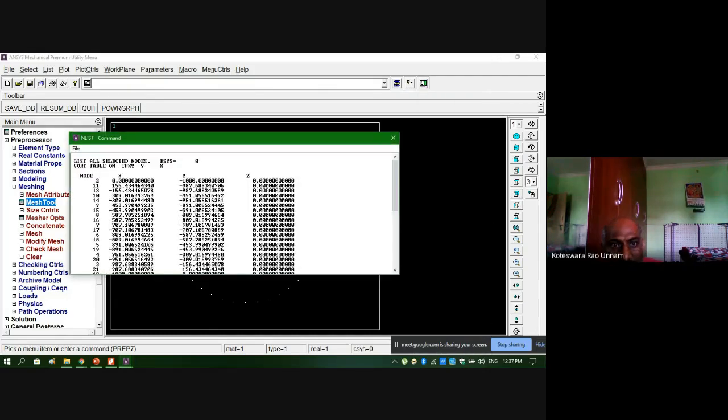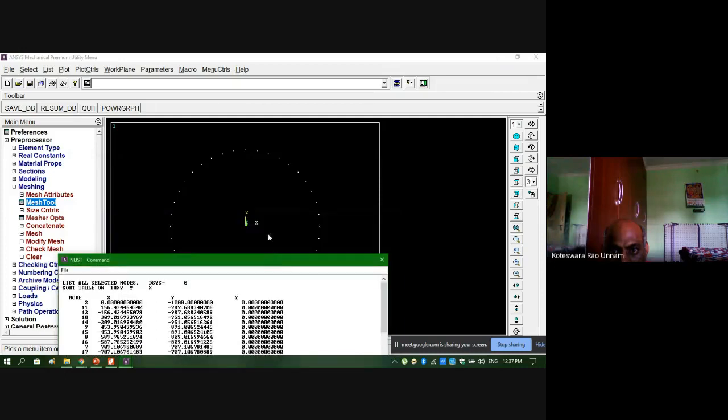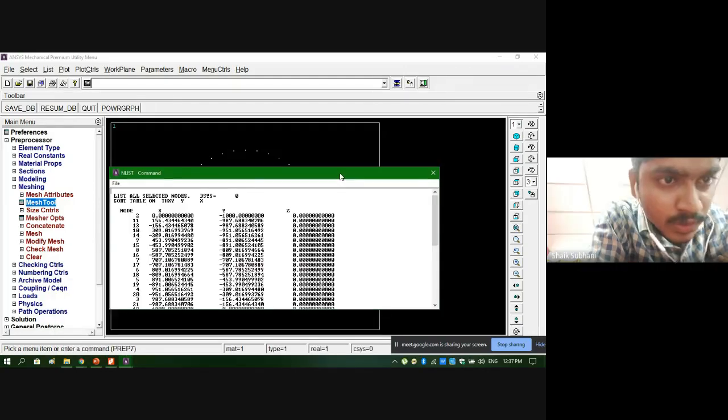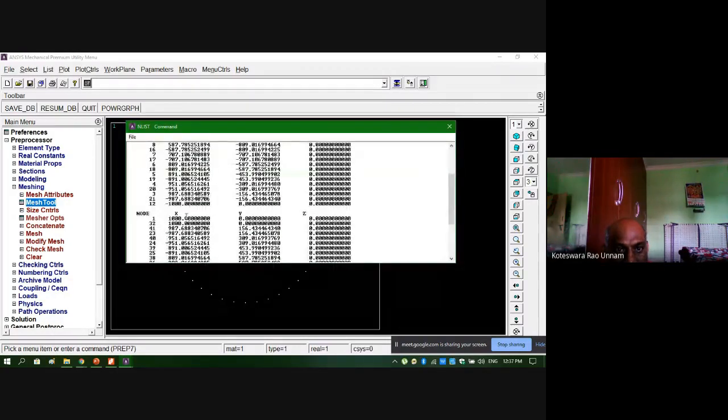Then click OK. Now, I want to identify the node at this location. What are the coordinates here? X is 1000, y is 0. So see here, node 1 and node 32. These 2 nodes are at the same location.